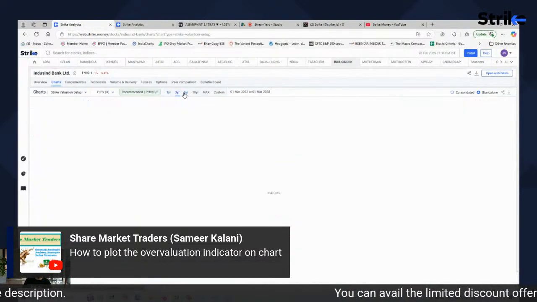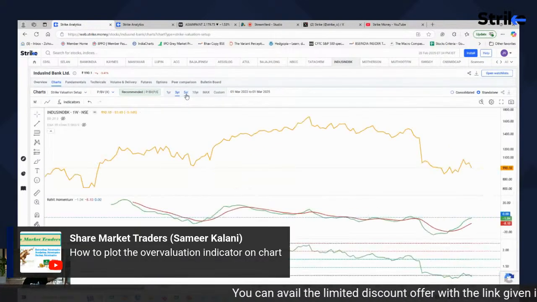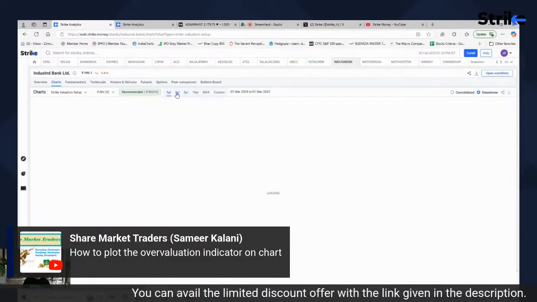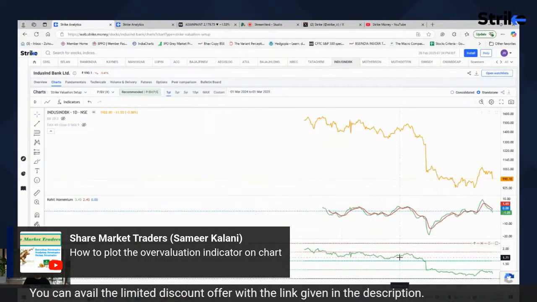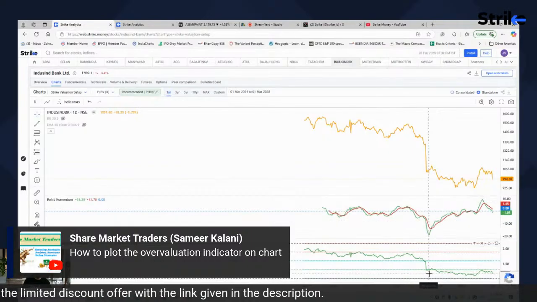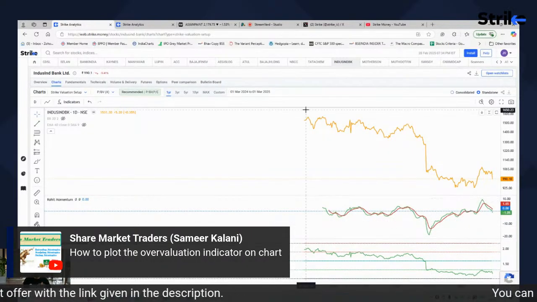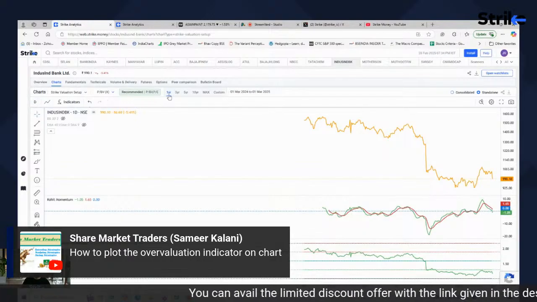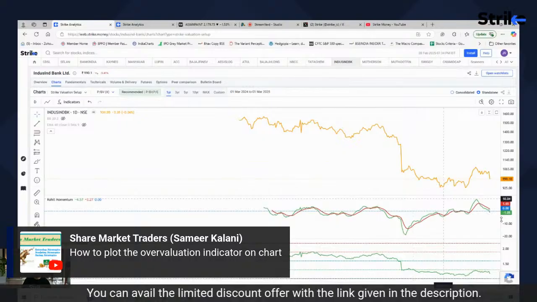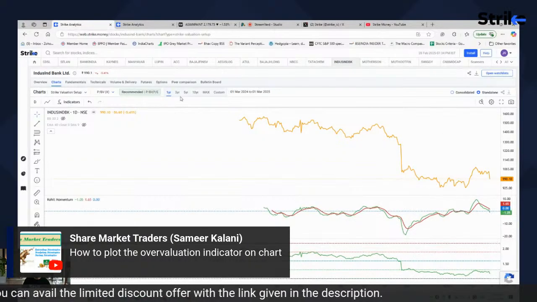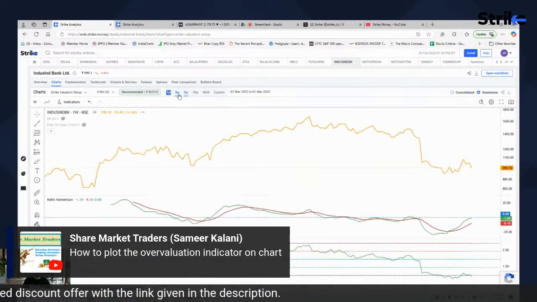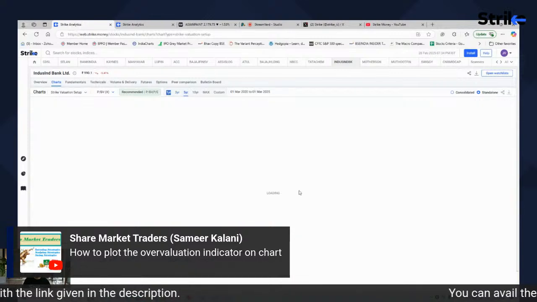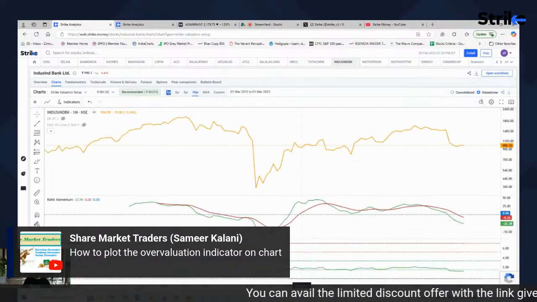So there are different time frames that are given. You can look at whatever time frame is useful to you. So 1 to 3 years is for the short term traders, where you can see undervaluation plus RMI on a lower time frame, which is on the daily chart. So what we have done is that we have plotted 1 year to the daily chart. I mean, when you select 1 year, you will be shown daily chart and the daily RMI. When you do 3 to 5 years, you will see weekly chart and weekly RMI. When you do 10 years or max, you will see monthly charts and monthly RMI.